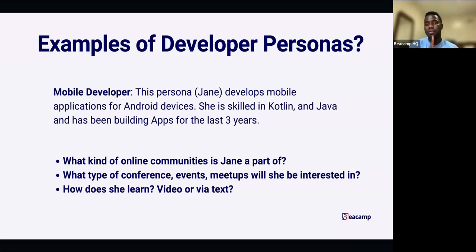An example is Firebase. For those who know, Firebase is a Google product for developers. If Jane is building with Firebase just for fun, then there's no need to market to Jane or to write about how to use the enterprise version of what she's building. But if Jane wants to use Firebase for her products, to build an app on Play Store to monetize, then talk to Jane about our enterprise features.